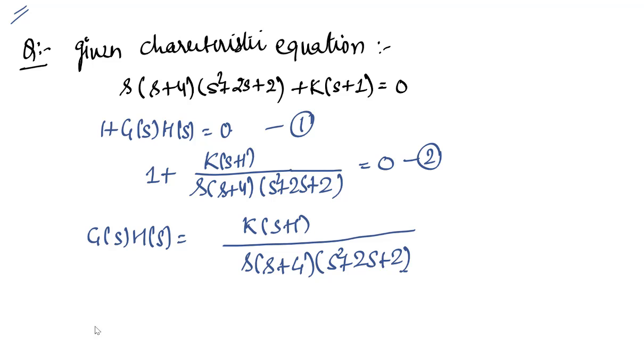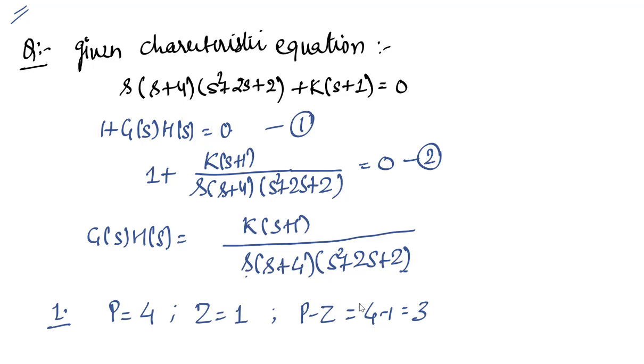Now the very first thing is that we will identify how many number of poles and how many number of zeros, right? So number of poles will be P is equal to, देखिए यहाँ पे एक पोल मिलेगा, second pole, and two poles from this second order equation, that's why total poles would be 4, right? Similarly we have Z, that is 0, there is only one zero over here, that's why number of zeros would be 1. Now we can find out P minus Z, that would be 4 minus 1, that is equal to 3. That means number of branches terminating at infinity would be 3.